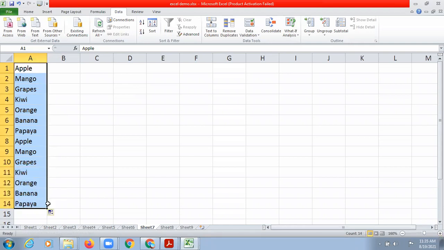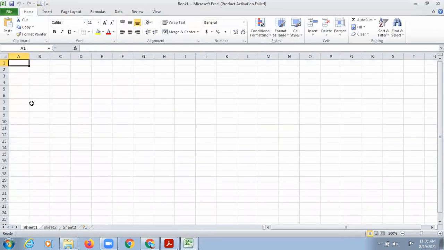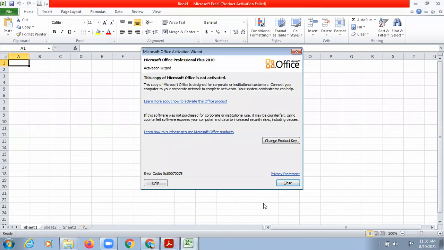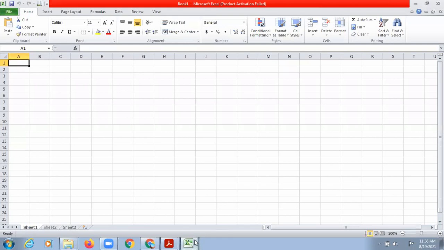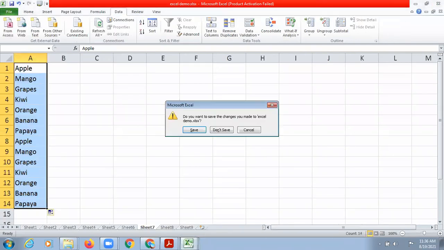In the same way, once you enter the names of all the students of your class, you need not type them again and again. Even if, let's say, I am done with this Excel and after 2-3 months I open a new Excel file, let's save the previous file first so that we can see the effect in the other file. Save it.